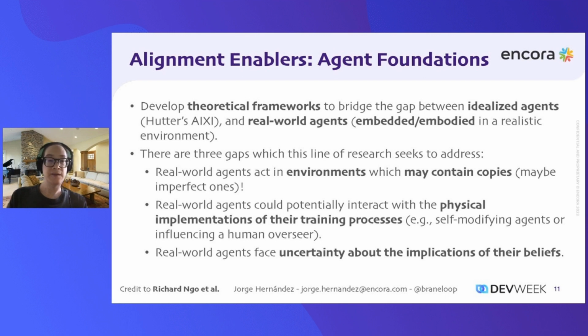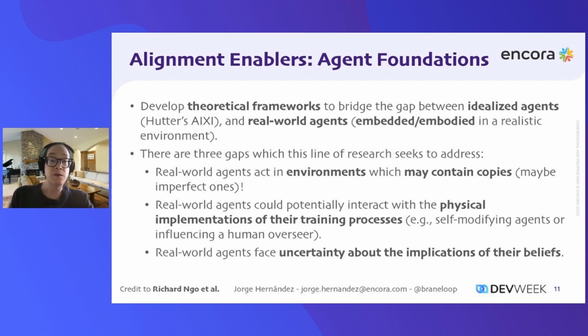And the next step, the next enabler that's really important, is what are called agent foundations. Agent foundations work on the more theoretical level, because there are frameworks to bridge the gap between what we think of as idealized agents, like, for example, Jorge's AIXI, which, if you don't know about it, is an actual AGI. We actually have an algorithm for it. We actually know how to build a superintelligence. The problem is that that algorithm requires infinite amounts of compute. So it's not possible to build it in the real world.